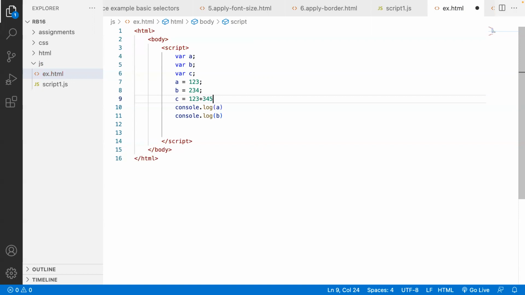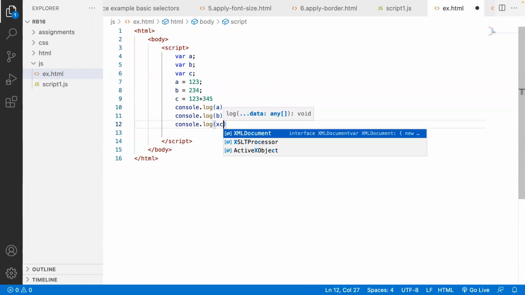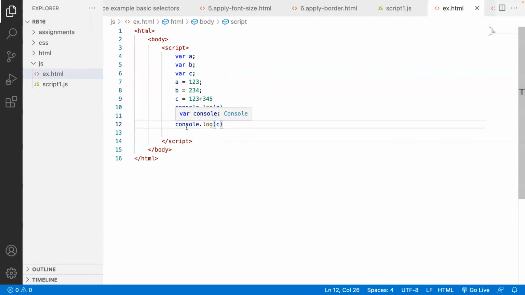So what will happen? 123 and 345 will be added, and the result will be stored in C, assigned to C. If you see console.log of C, what will be there in C? 468. Whatever is on the right side, it is not assigned as 123 plus 345 into C. It is not given as